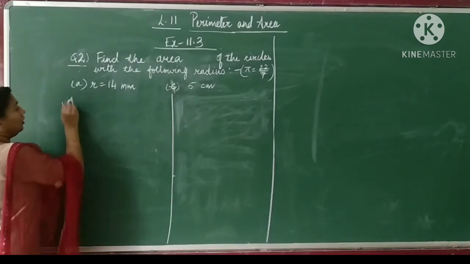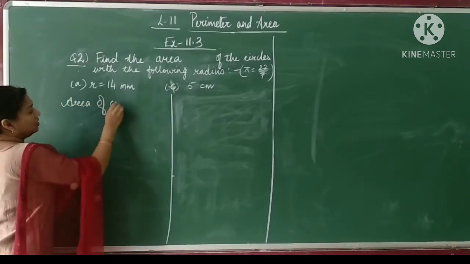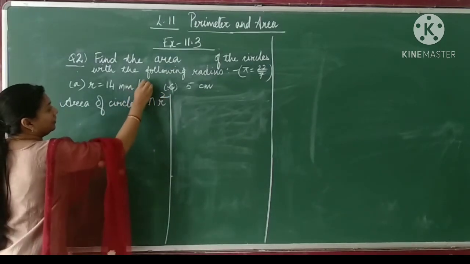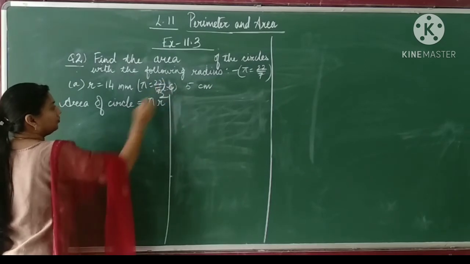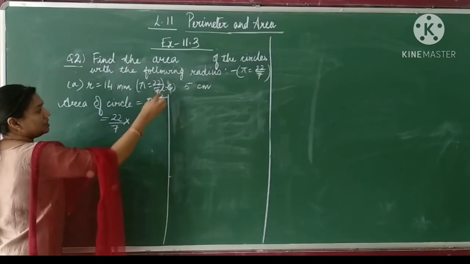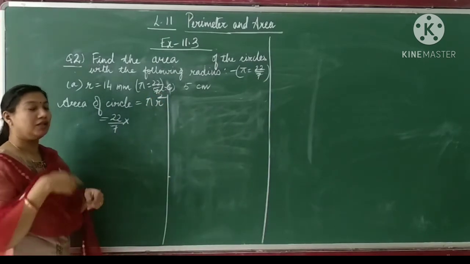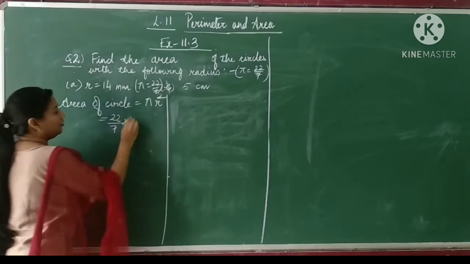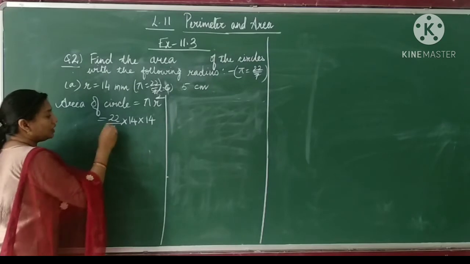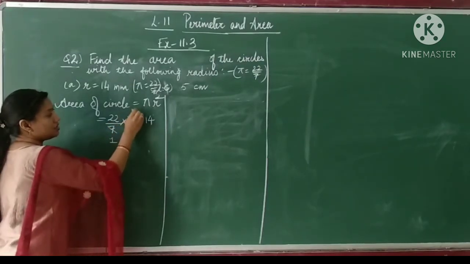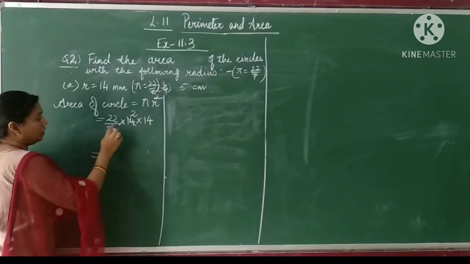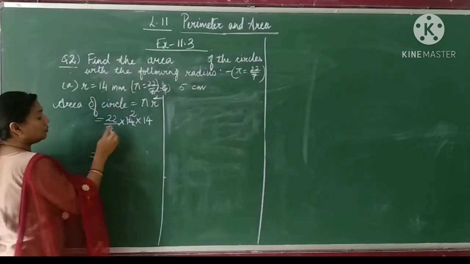So we know the formula of the area of a circle. Area of circle is equal to pi r square. The value is given as 22 by 7, so we write pi as 22 by 7. R square means r is multiplied 2 times, r into r. Now what is the value of r? 14 into 14. Now we can easily cut 7 and 14, so we will reduce it. 7 1s are 7, 7 2s are 14. 22 into 2 into 14 is remaining. The denominator is 1, which does not make any value.